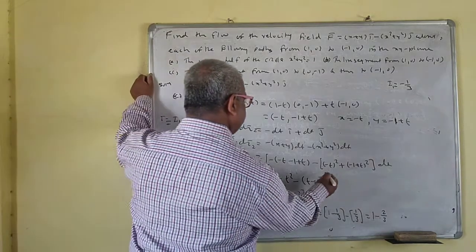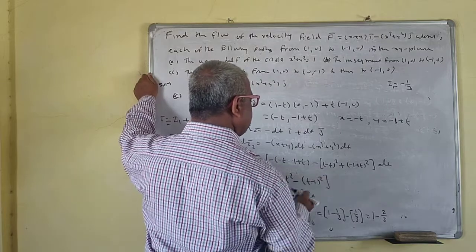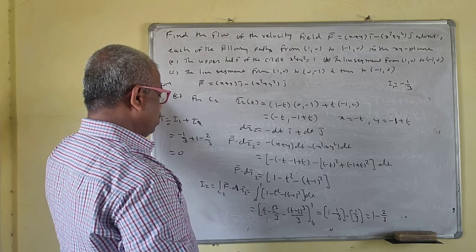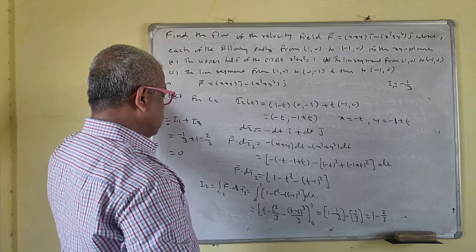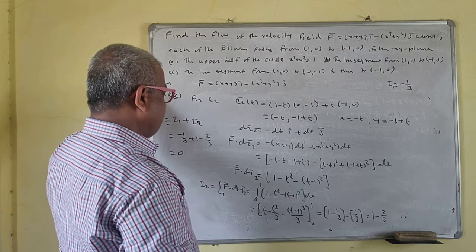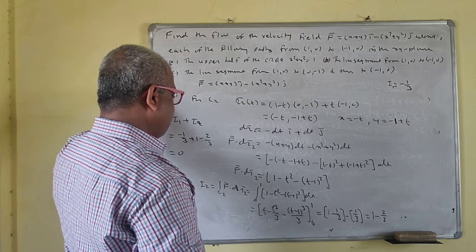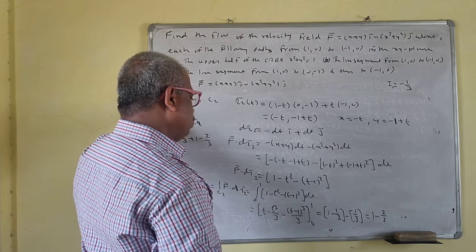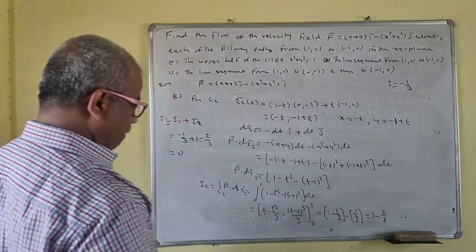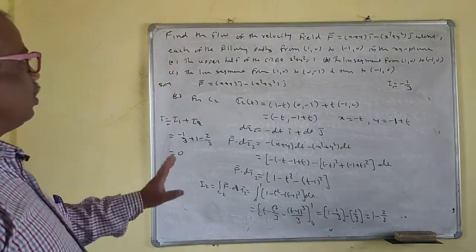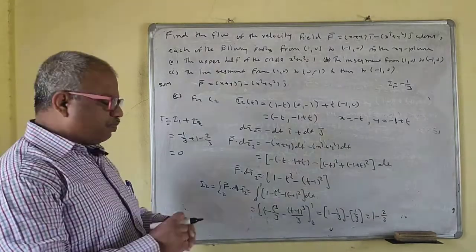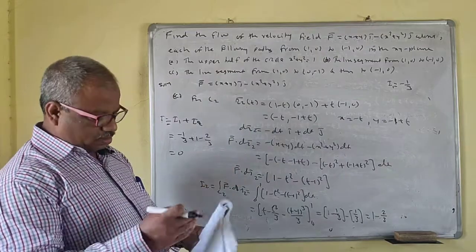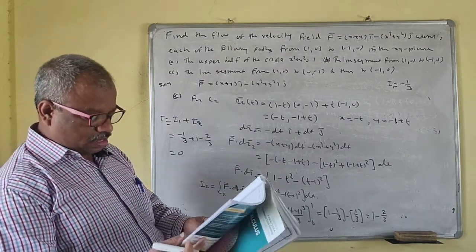Oh, this is plus. No, this is minus. Okay, minus this square minus this. Okay, this is minus. So no problem for this one. Our method is correct. Somewhere we have made a mistake here. Or we may be correct, so whatever the solution in the book, it may be wrong.